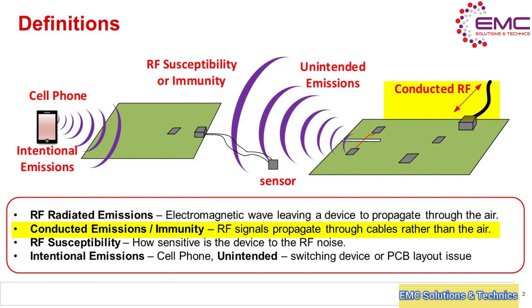On the other hand, if the emissions travel through a cable, they would be considered to be conducted emissions. RF emissions can be picked up by other circuits and impact the circuit's performance. A circuit subjected to the RF emissions may be sensitive or insensitive to this issue. For example, a long PC board trace or cable can act as a good antenna and be especially susceptible to RF pickup. The degree to which a circuit is sensitive to RF pickup is called RF susceptibility or immunity of